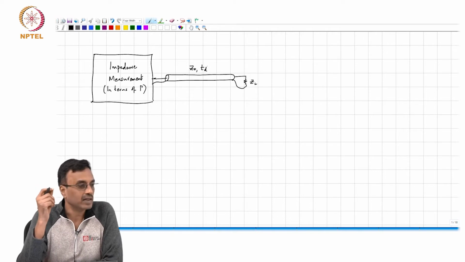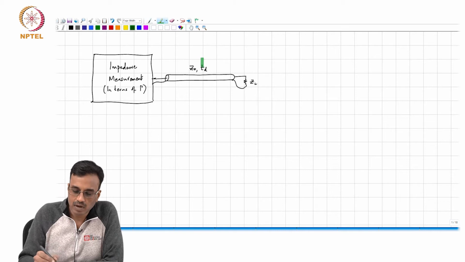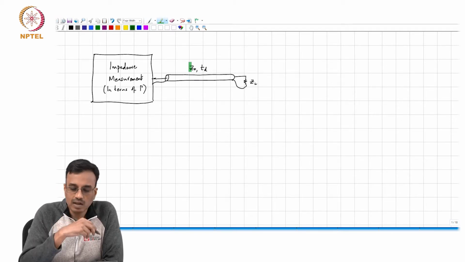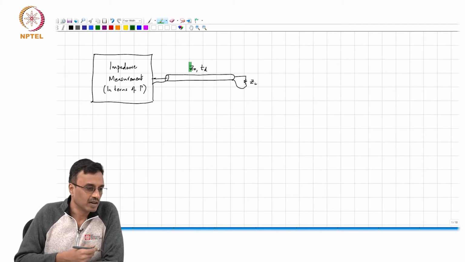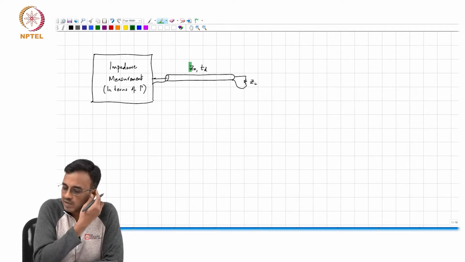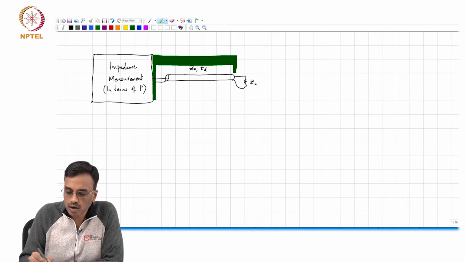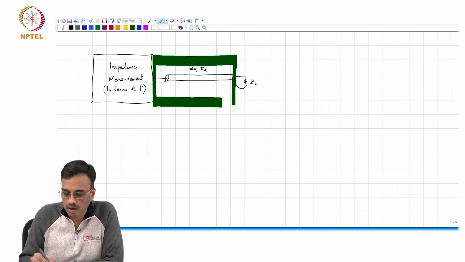As we were discussing yesterday, while in principle Z naught and Td can be determined accurately, in practice, as users keep changing cables and whatnot, all that we can say is that we have an unknown reciprocal 2-port,